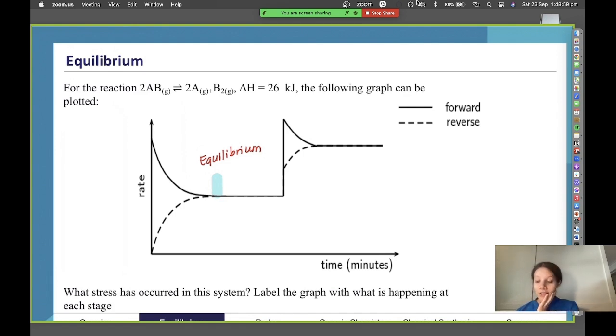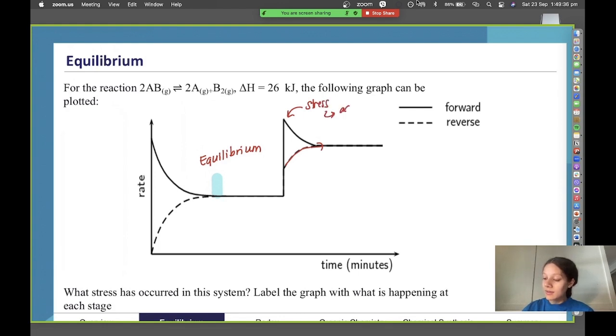So what this is suggestive of, because our reverse reaction is just following and catching up to the forward reaction. So here we can consider, what would make the forward reaction spontaneously occur a lot faster? That's most likely going to happen from an actual change in concentration. These rate graphs are a little bit more difficult than the typical concentration graphs, and I wouldn't say that they're very common. But for here, we can say that we have stress. We can have a few options, actually.